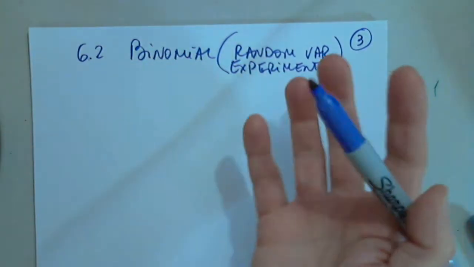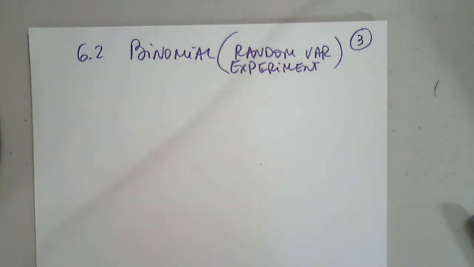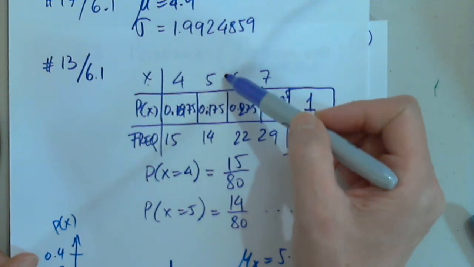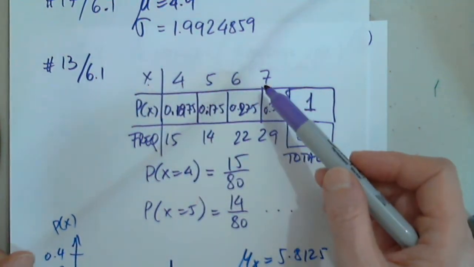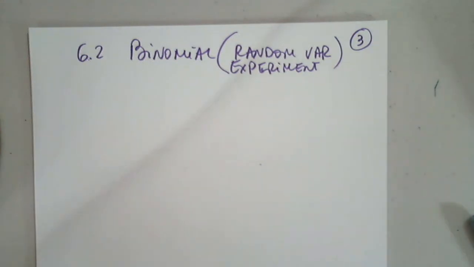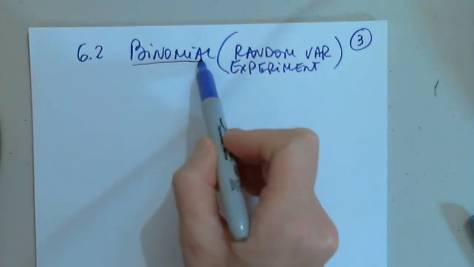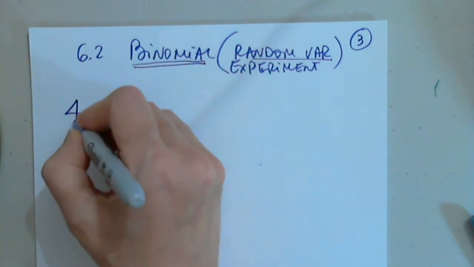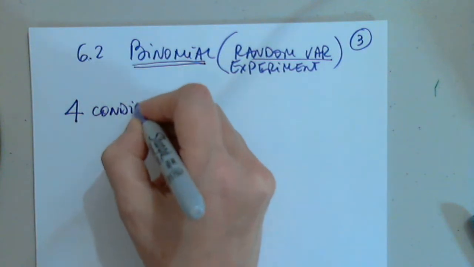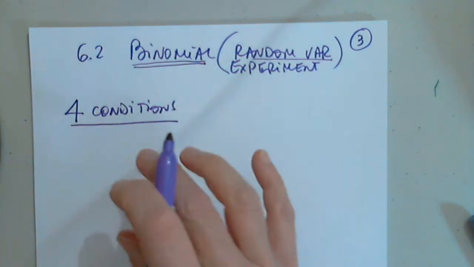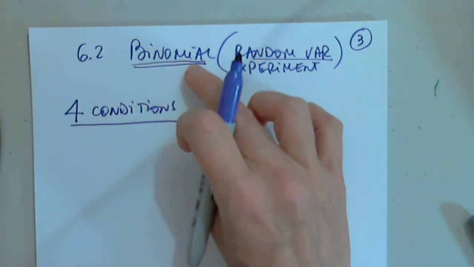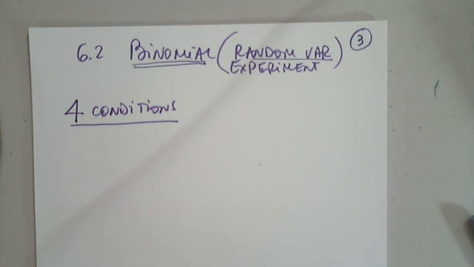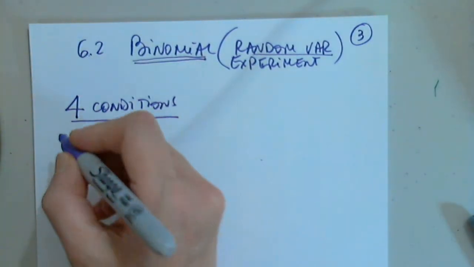So we know what a discrete random variable is, what we just had. X to be 4, not 4.11, not 5.99. So this is a discrete random variable. But we classify a random variable to be binomial if it fulfills 4 conditions. If it does not comply with these 4 conditions, it's not binomial. It's just discrete, or maybe some other type of discrete random variable, but not binomial. So here are the 4 conditions.